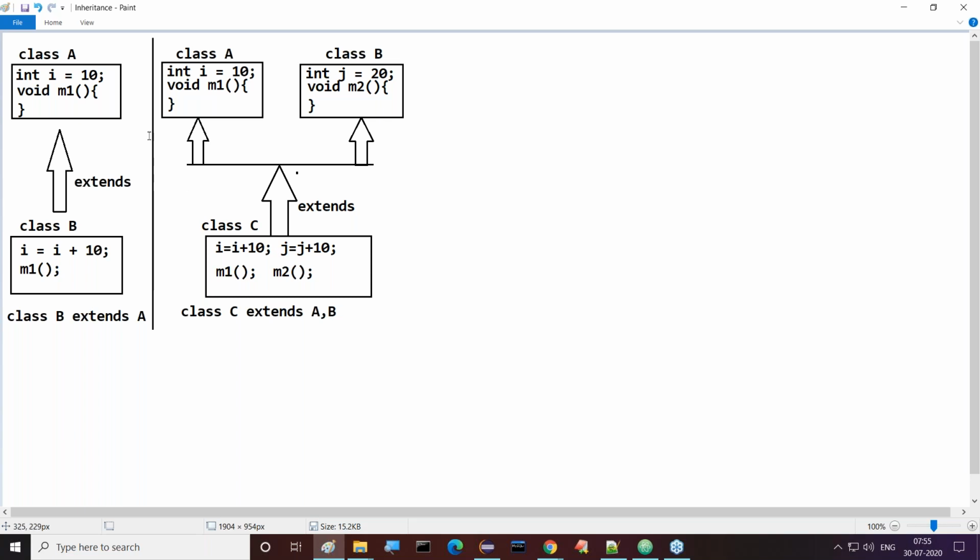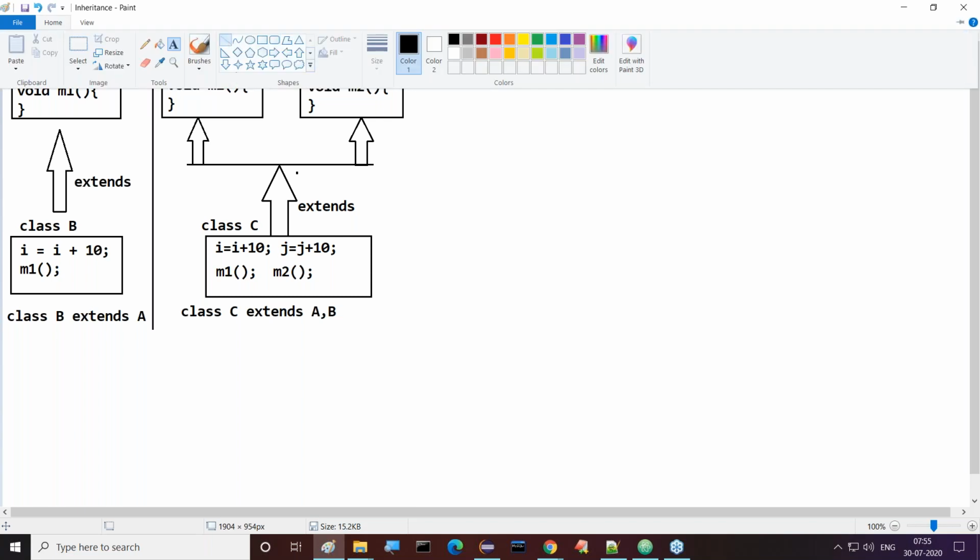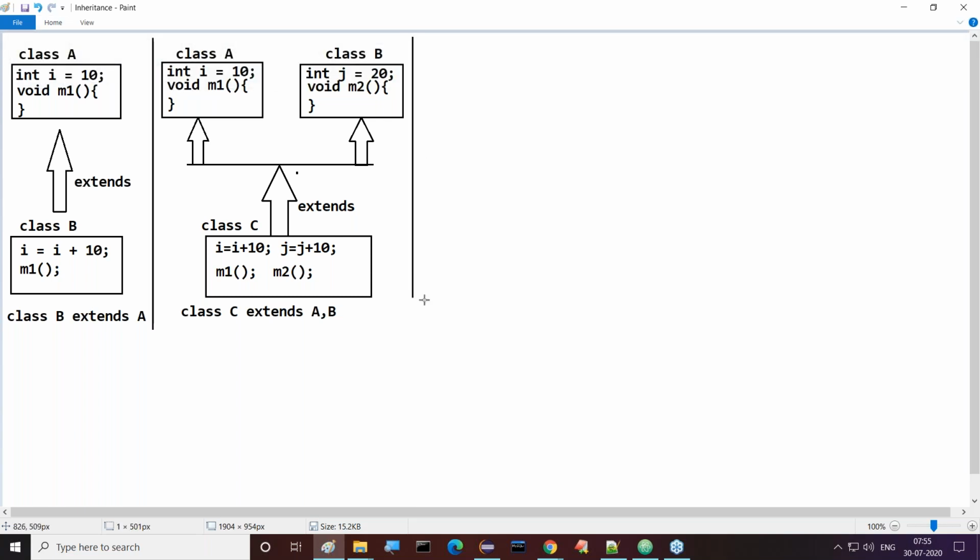This thing is possible, guys. Exactly, here we can understand this clearly. We can observe this clearly. What I'm telling you. Okay, fine. So this is exactly the meaning of multiple inheritance, guys. All of you observe this clearly. Up to this point we are not getting any problem. But